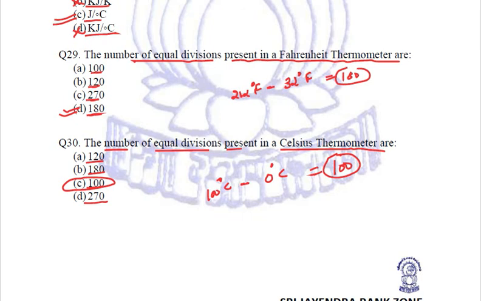Clear? So time to end the class. This is all about the chapter heat. I hope that whatever we have studied, all the questions, you must already be knowing the answers because many were quite easy. 2 or 3 questions were there which were a bit different from what we taught and studied in our actual class. For example, that pyrometer, the instrument used to measure the temperature of the sun, it was a different question. Got it? So I hope you have noted down all the questions where you were wrong, and now you are going to compensate for your lapse and you will revise them, right?